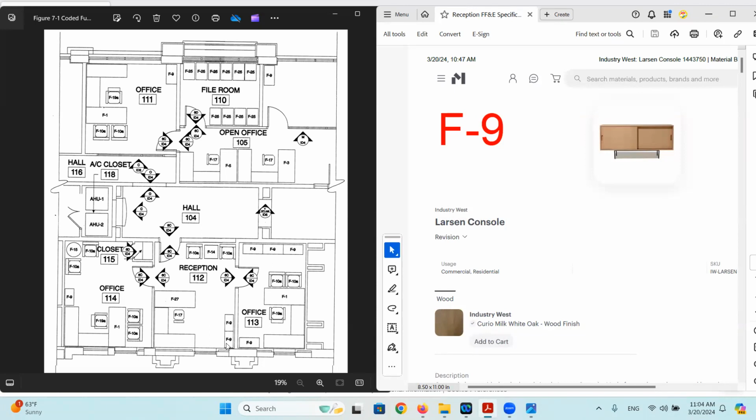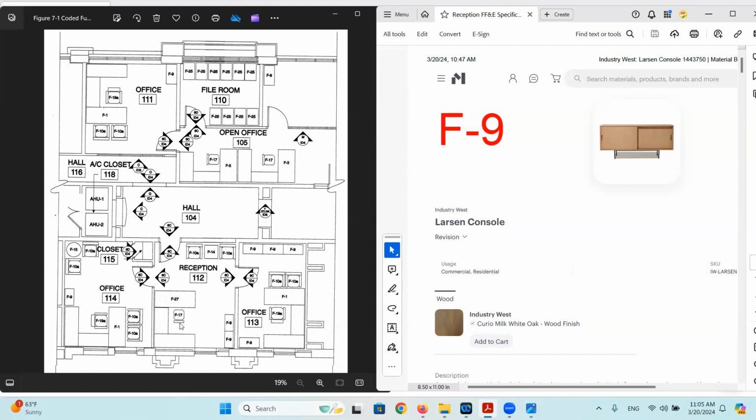Now, note that on the floor plan, especially if we look in the reception area, we can see a bird's eye view of the furniture pieces inside. We also see a series of elevation tags, but we're not going to focus on those right now. Right now, I want to draw your attention to the furniture pieces on here and the key notes, or sometimes called keys, or sometimes called key designations that you see.